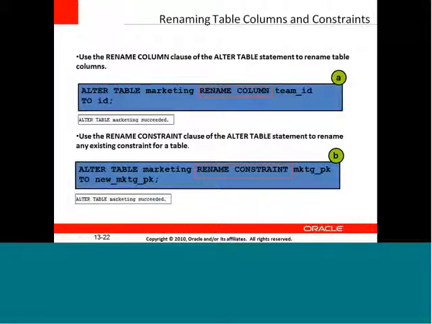Now use the rename column clause of the alter table statement to rename table columns. Yes, I want to rename the table columns. So aliasing, we are aliasing the column in the query or the statement as and how we wanted to use it for our execution. But that is meant only for the current transaction. If I am going to use the order ID more than once, it is a long one, mentioned as ORDER underscore ID.